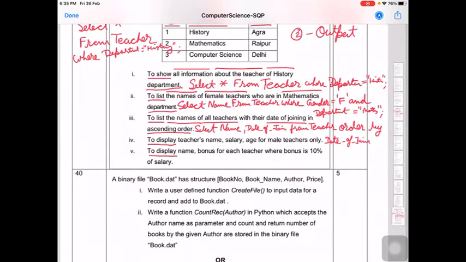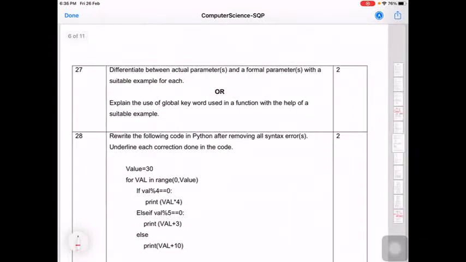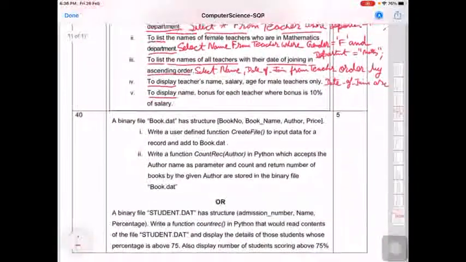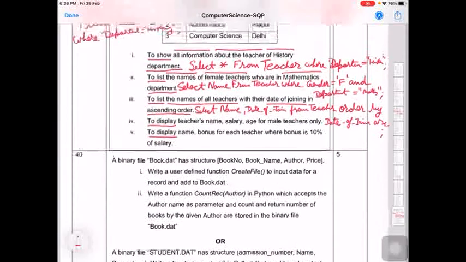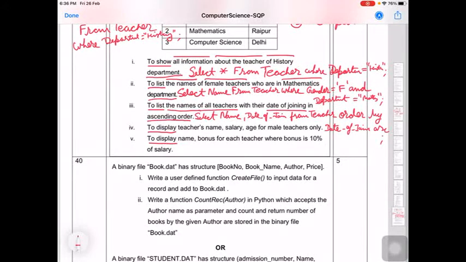And you can just end this query here, or you can have this ASC word. It is optional. If you do not write ASC, it is by default in ascending order. Then put semicolon. For descending you have to mention DESC. So here you will have the name and date of joining, and it will be in the ascending order of date of joining. Clear? So this is the third query.